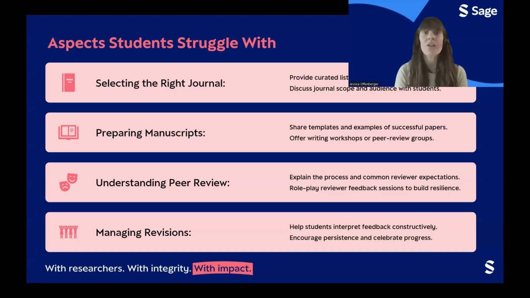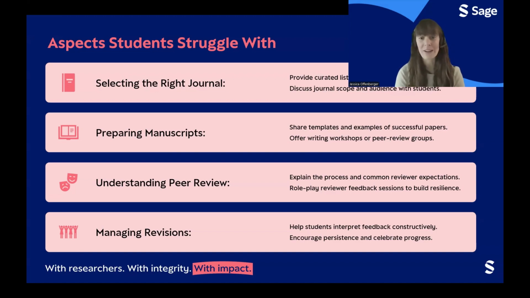with students. So we actually have an entire webinar dedicated to how to select the best journal, but you as a faculty member have discipline-specific, subject-specific knowledge of the journals that are most relevant to your students in the field. So if you have a list of journals that you continually work with, or that you publish in or read, you can share that already with your students. Having that recommendation is huge. And then also helping students better understand journal scope and audience and how important that is in finding the right